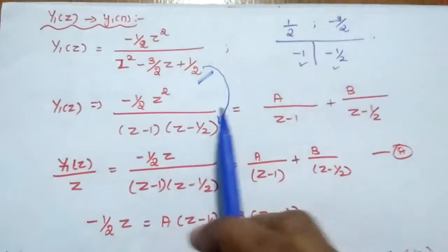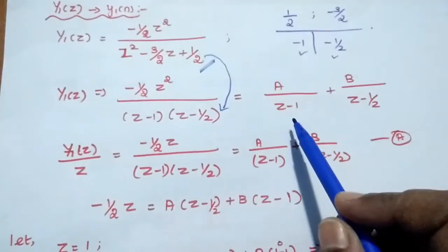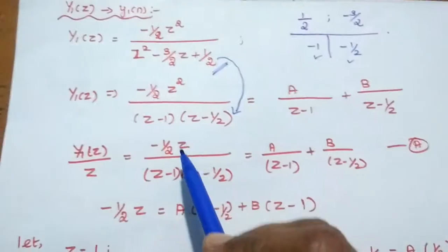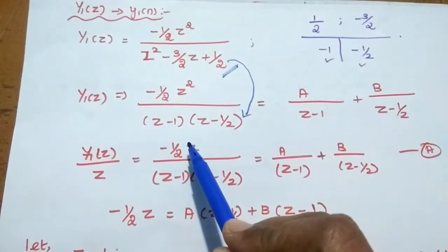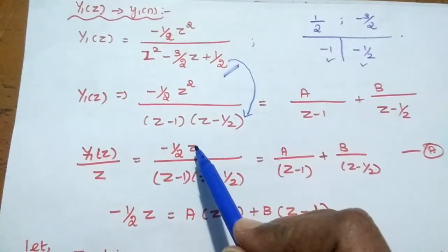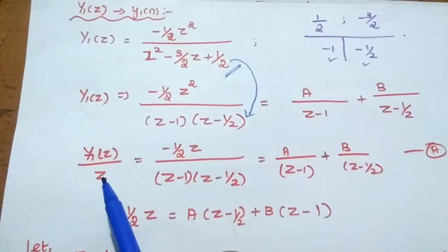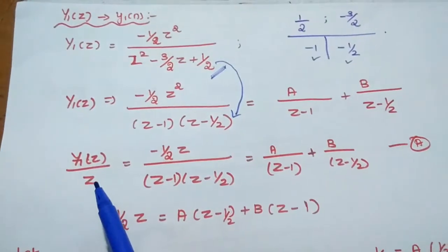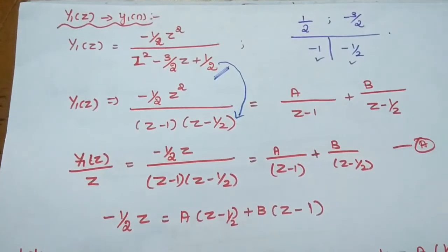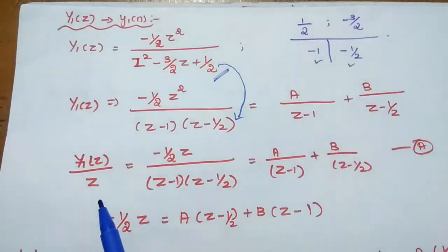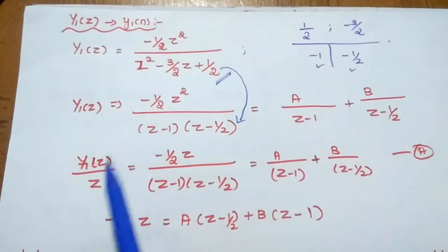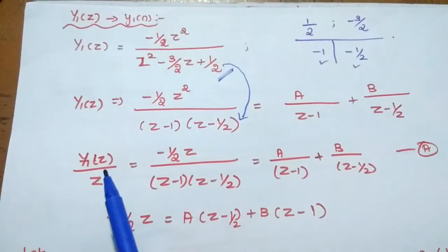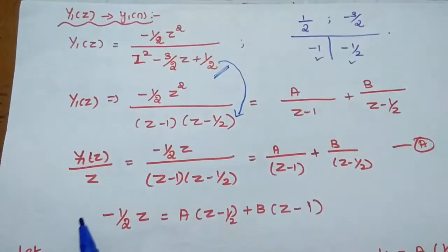Okay. So in the next step, again we are going to use the partial fraction method. But before going to that, we know that the z value should be moved from the right hand side numerator to the left hand side denominator. This is for the last inverse z transform, there we can use. So y1 of z divided by z. z squared is nothing but z into z, so one of the z is moving towards the left hand side.